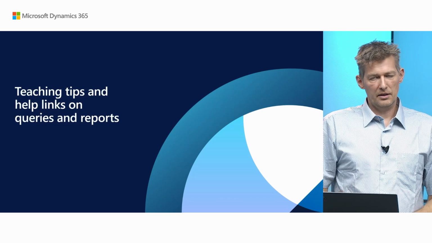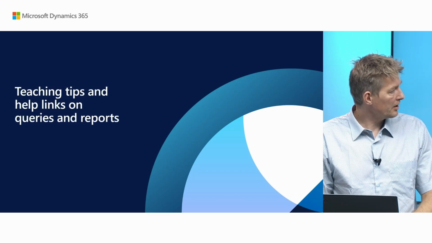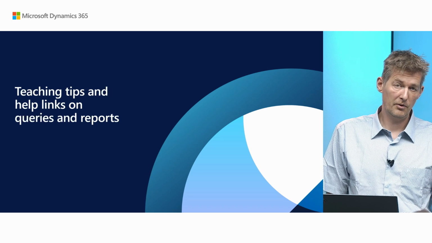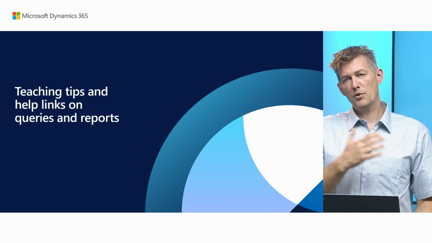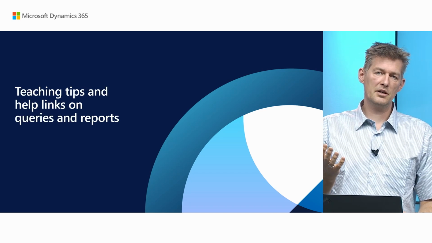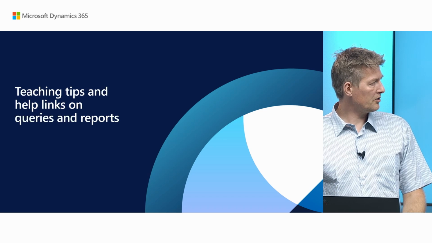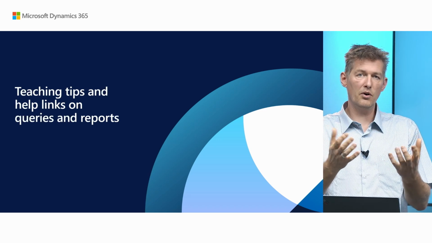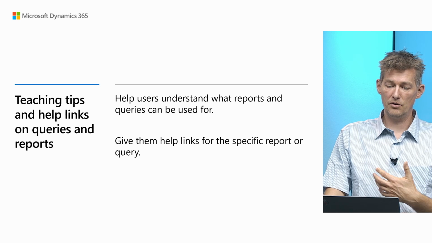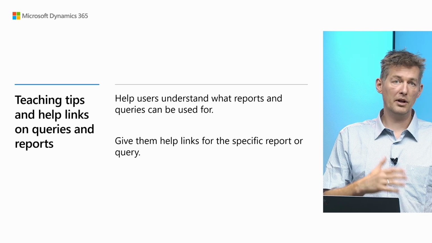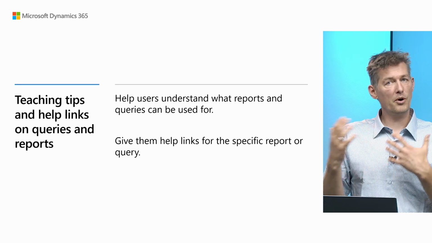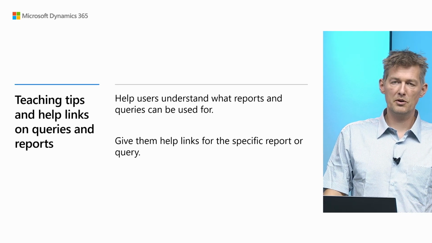But it doesn't matter if we create nice content if users cannot find it, right? And if they don't understand it. Like, we would never put functionality into Business Central without any explanation and documentation. What is this for, and how do I use it? Why shouldn't it be the same with report objects and queries? So teaching tips are now available on queries and on reports, as well as context-specific help. So it works just the same as what you would expect